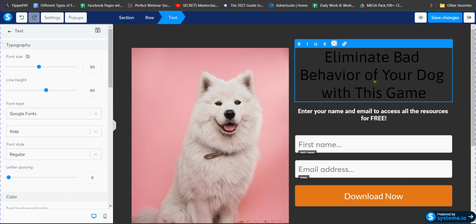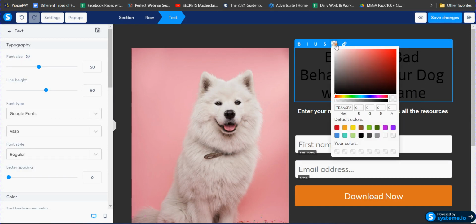Okay, now if I want to change the color, just click here, and here you have